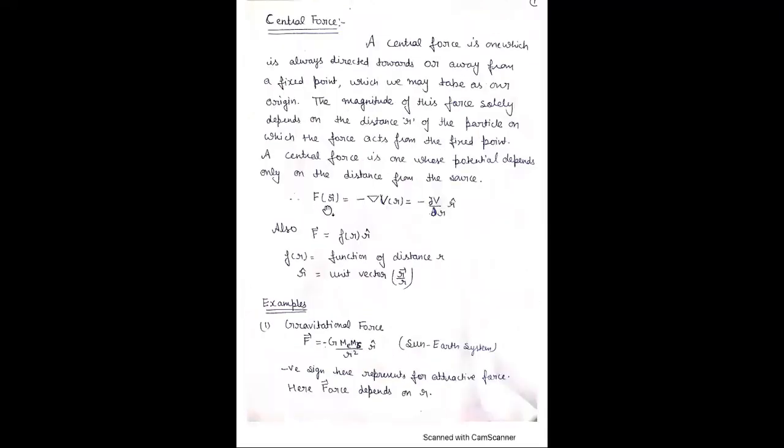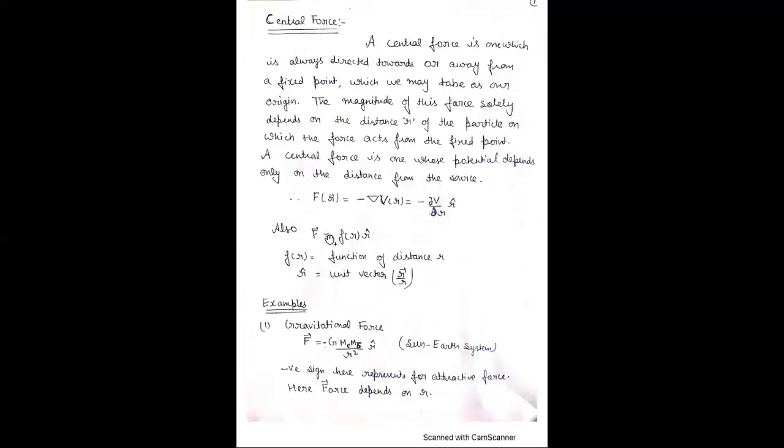Third, it is a conservative force. I will prove this in our next slides. Conservative force means del cross F(r) is equal to 0 if F(r) is a central force, and we can also write F is equal to minus del V. Whereas non-central forces are short-range forces. Second, they are non-conservative. Examples are weak forces like beta decay, and strong nuclear forces, which are non-central forces.